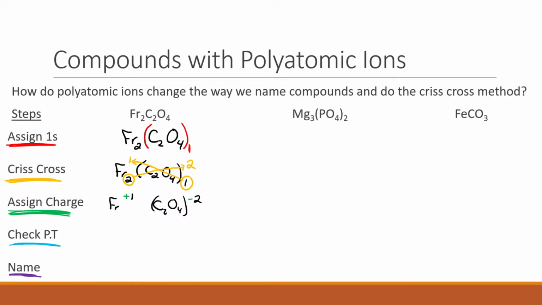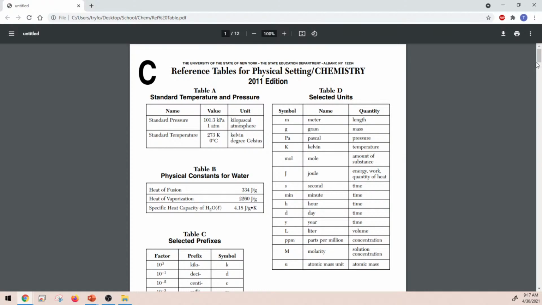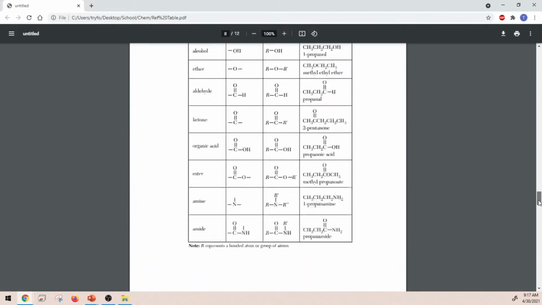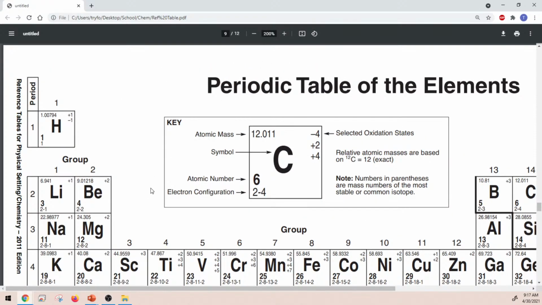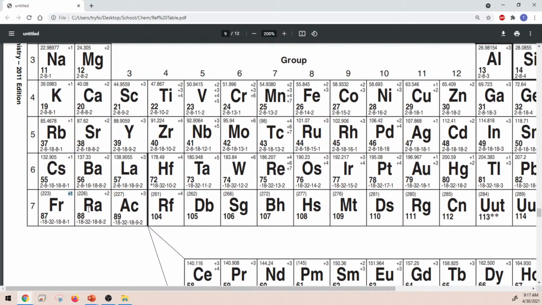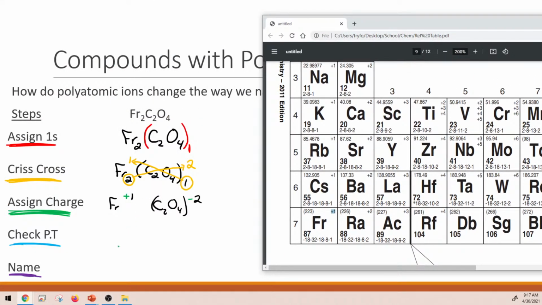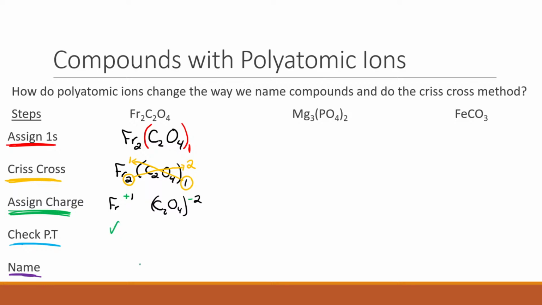Then we have to check our periodic table. But we end up with a small problem here, and that problem is that C2O4 isn't on this periodic table anywhere. C2O4 is not a thing that we can check against the periodic table. We can check francium. Right, let's zoom in a little bit and take a look at francium. Francium does have a +1, and so we can give francium a little check